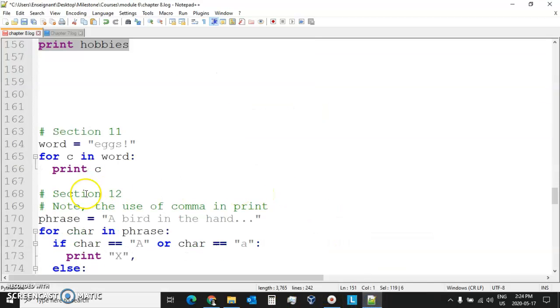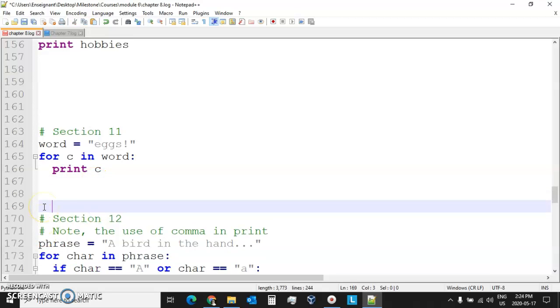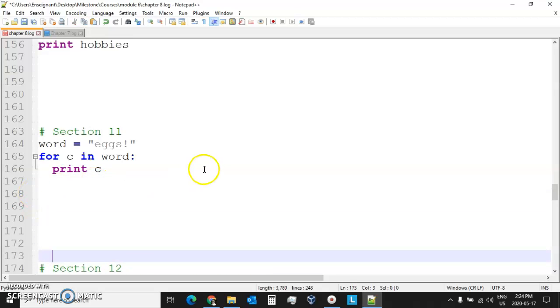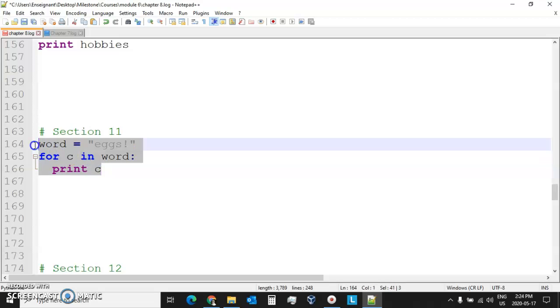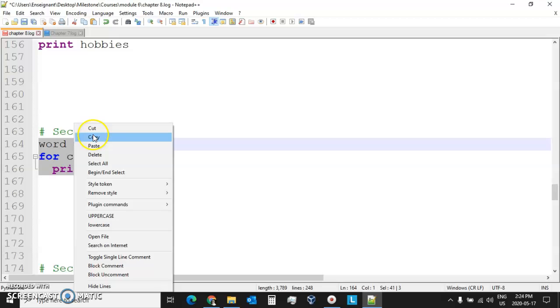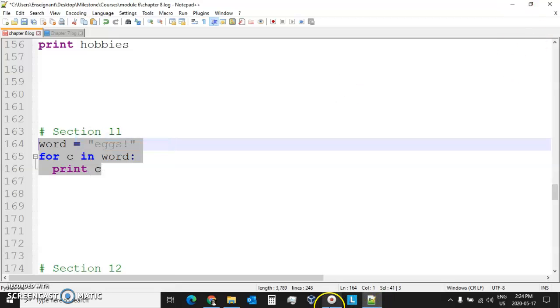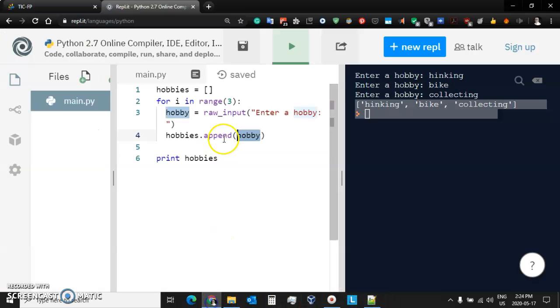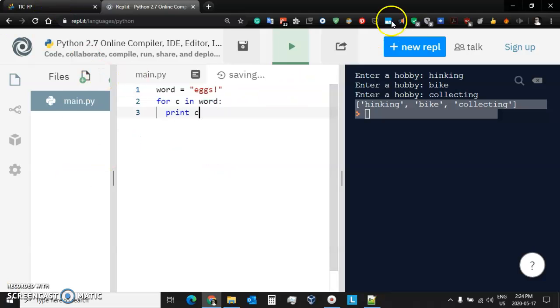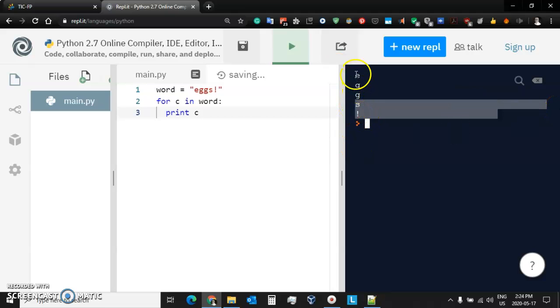And we'll do one more here, but this time we're using our for loop to iterate through a word, the word eggs. So let's paste that into our editor. And let's click run. And you can see here that we are printing out the letters one at a time in our Python